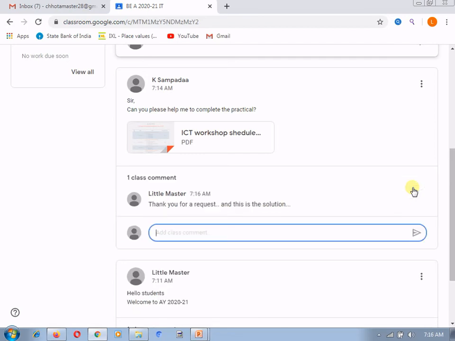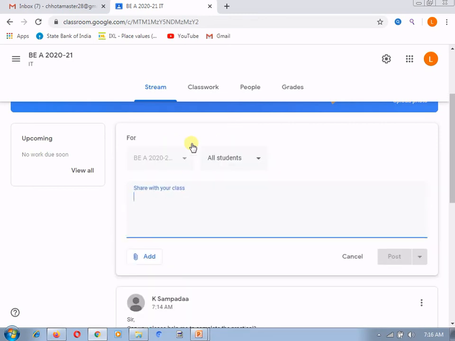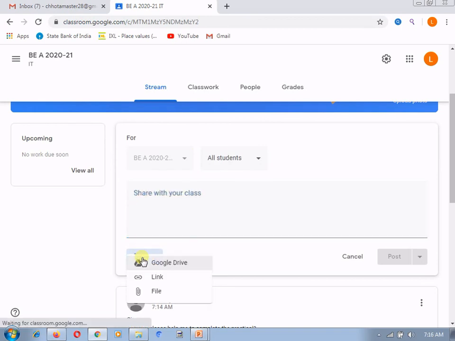Or if you want to provide an image as the solution, you can't attach it in the comment, so you can go to a separate comment or the share part and attach whatever solution is available, in a different document or a screenshot, or an image if it is written on paper.